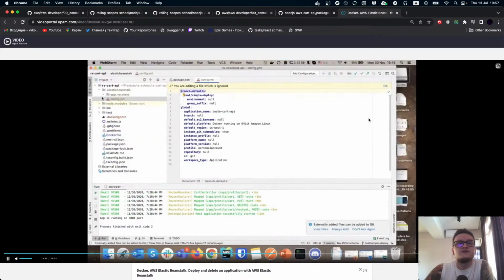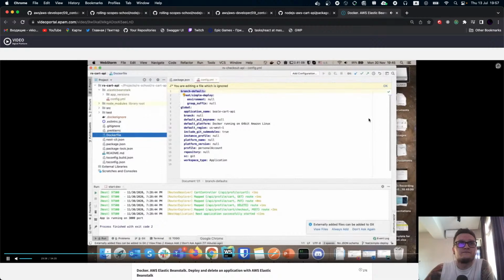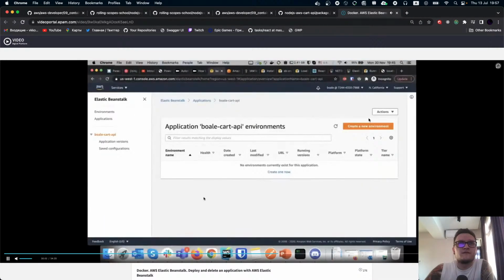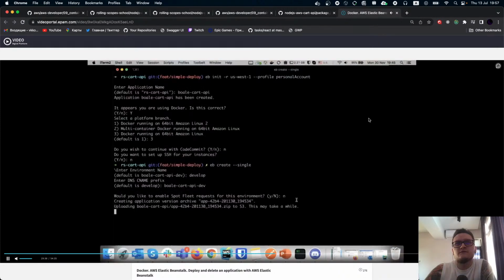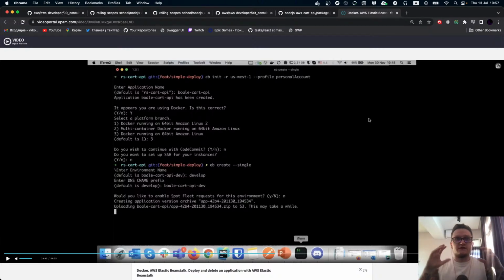And as you can see, it also created application versions inside our Elastic Beanstalk folder. So when we run this create, what is going on? It is uploading everything inside our directory.